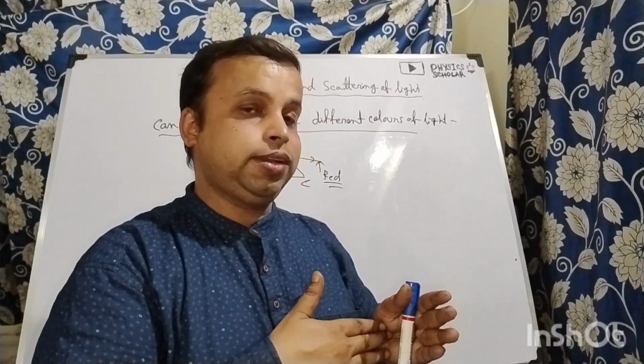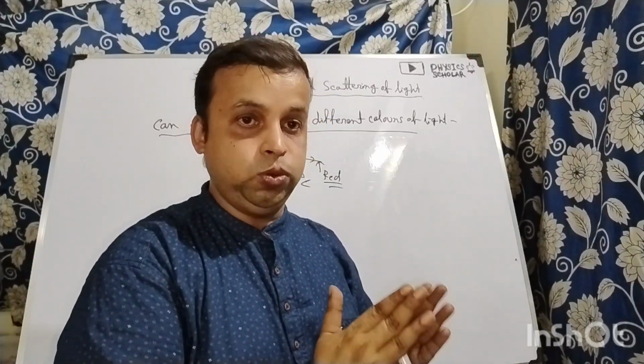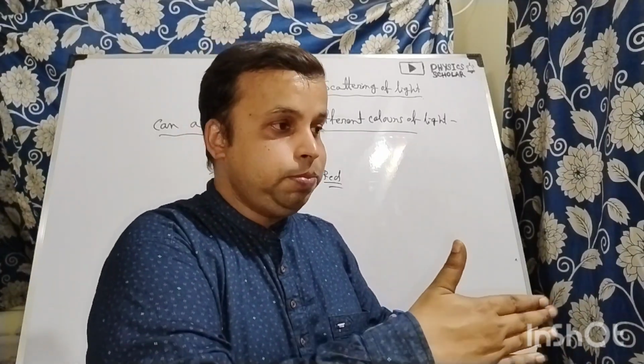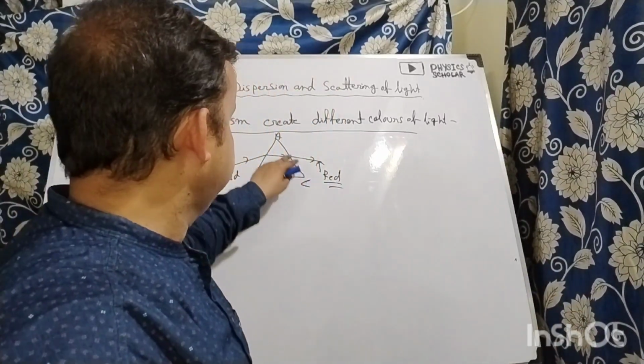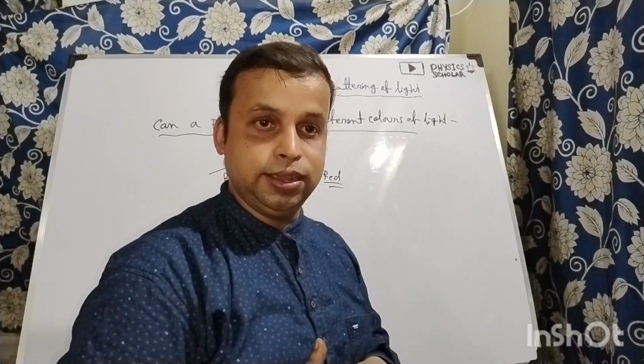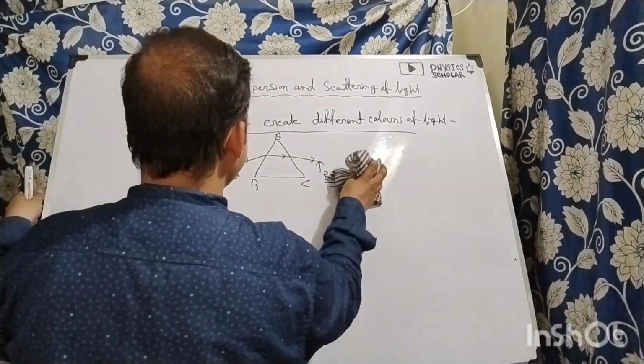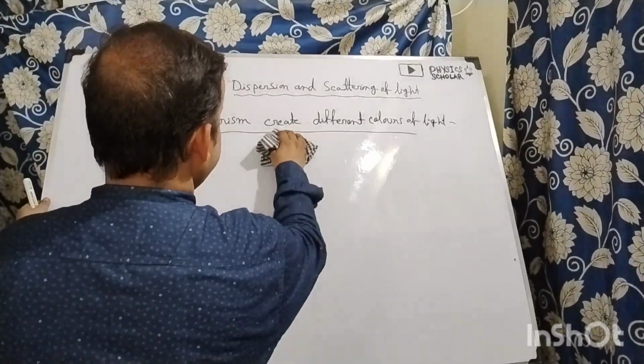Okay, white color of light consists of 7 different colors actually, which you can see. So it can only be separated. It can only be separated, all the colors of light, and that we can actually see. Okay. Now, what is the experiment? We can